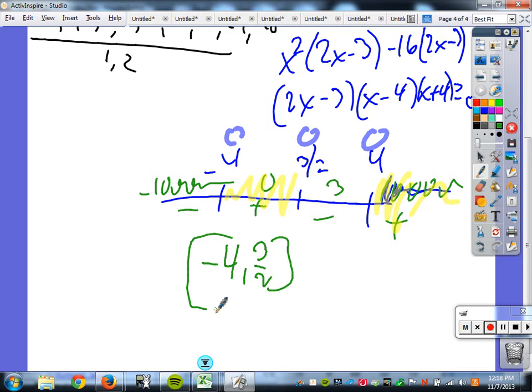Parentheses, because that means that they go right up to that number, but you're not using that number. Because if I go to those numbers, that would be 0. And is 0 greater than 0? No. Is it equal to 0? Yes, that's what makes it work, right? That's what I'm saying, and that would be parentheses. So you cannot use those values because they would not work. So, and then my last section from 4 to